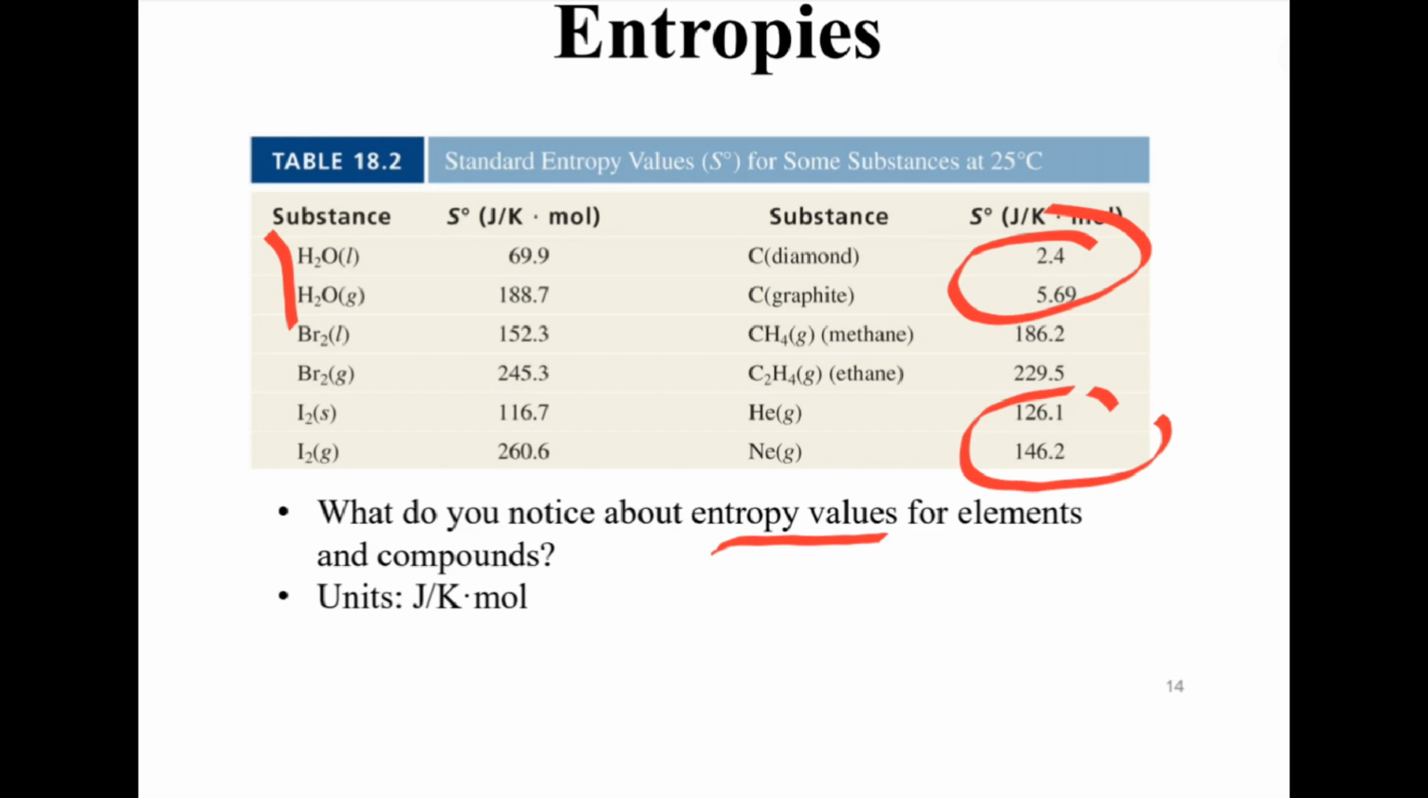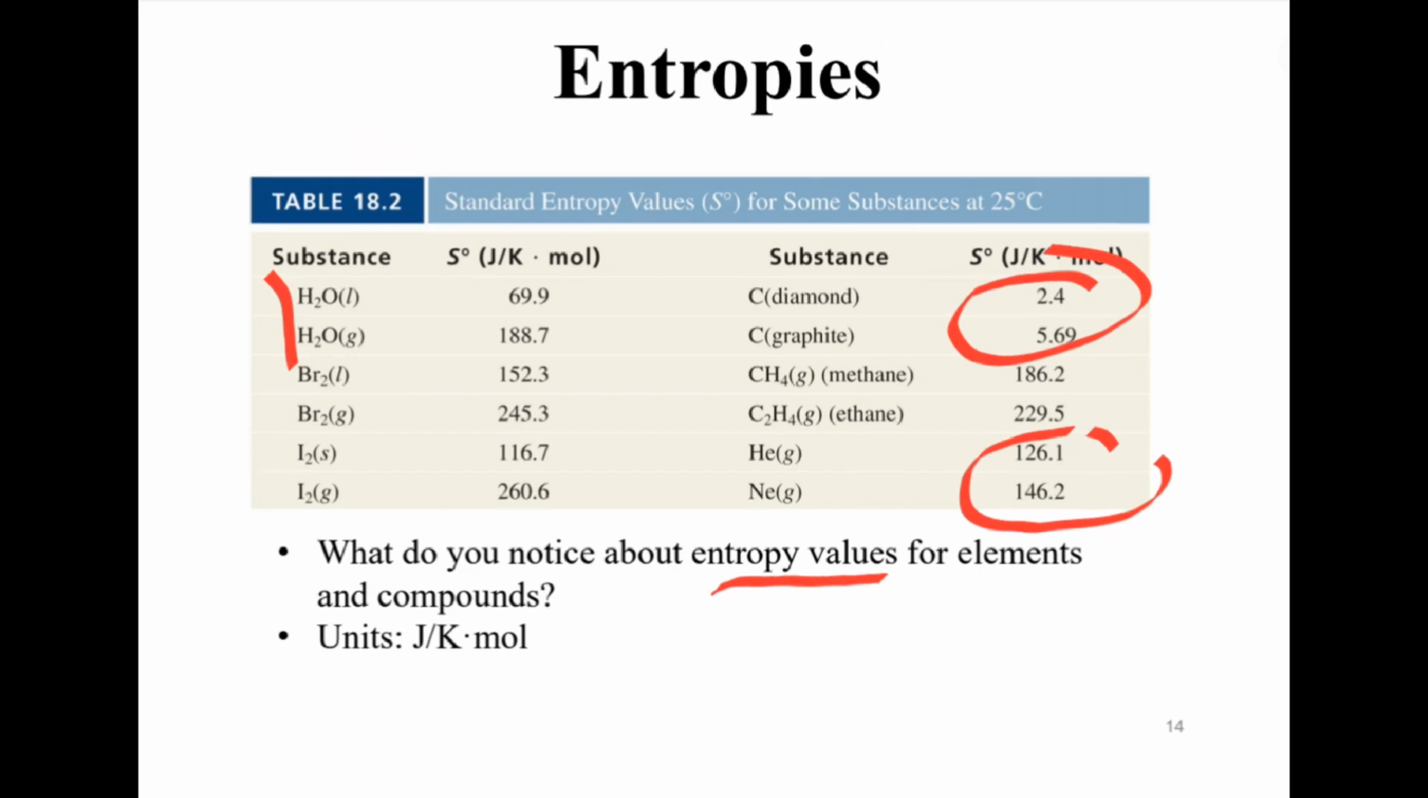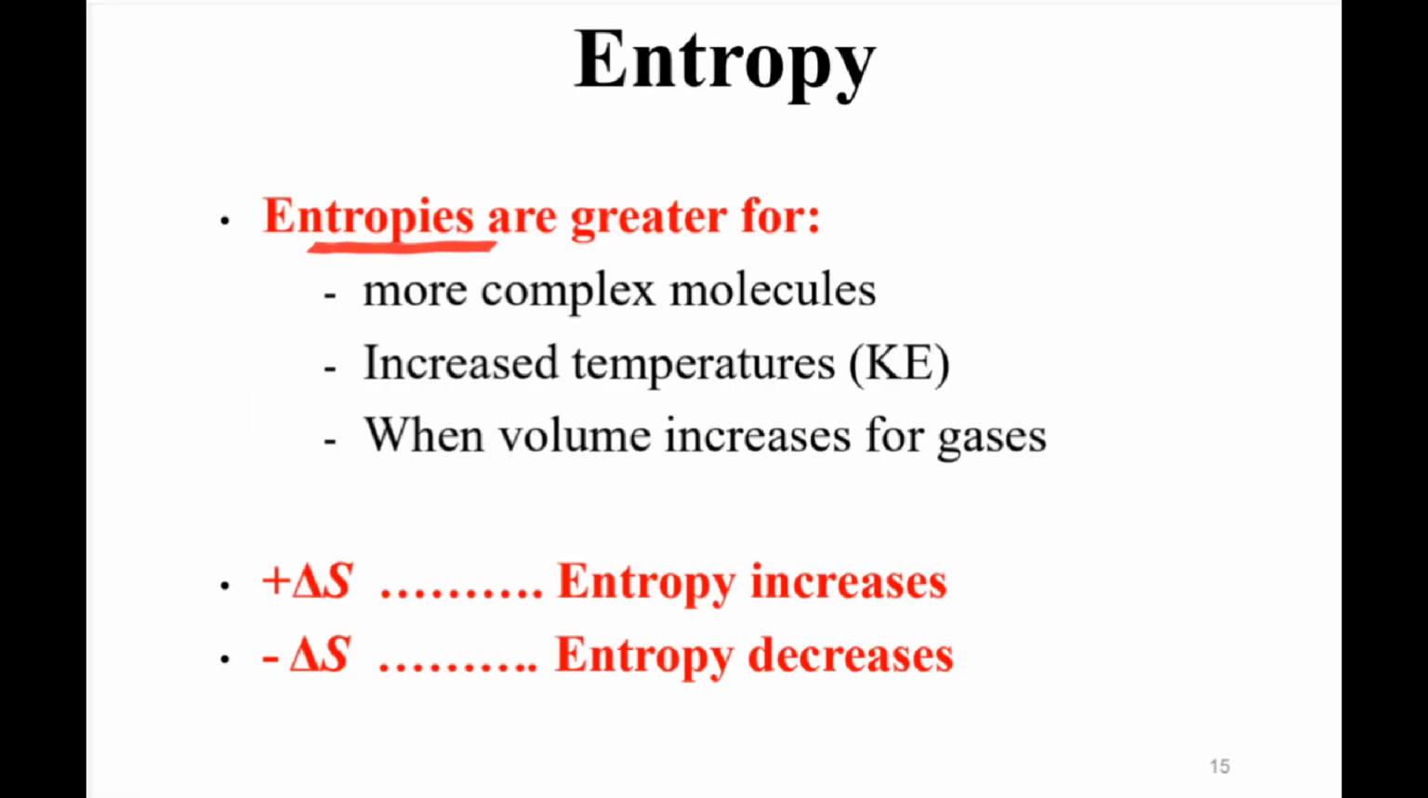የኤሌመንቶች ስታንዳርድ ኢንታልፒ ዜሮ የሚሆነው። Unit of entropy is joule per kelvin per mole. ስለዚህ የኢንትሮፒ ዩኒት joule per kelvin per mole ነው ማለት ነው። Entropies are greater for more complex molecules. The entropy ትልቅ የሚሆነው ሞለኪውሎቹ ኮምፕሌክስ ሲሆኑ ወይም በጣም ውስብስብ ሲሆኑ ማለት ነው። Increased temperatures or kinetic energy, የሙቀት መጠኑ